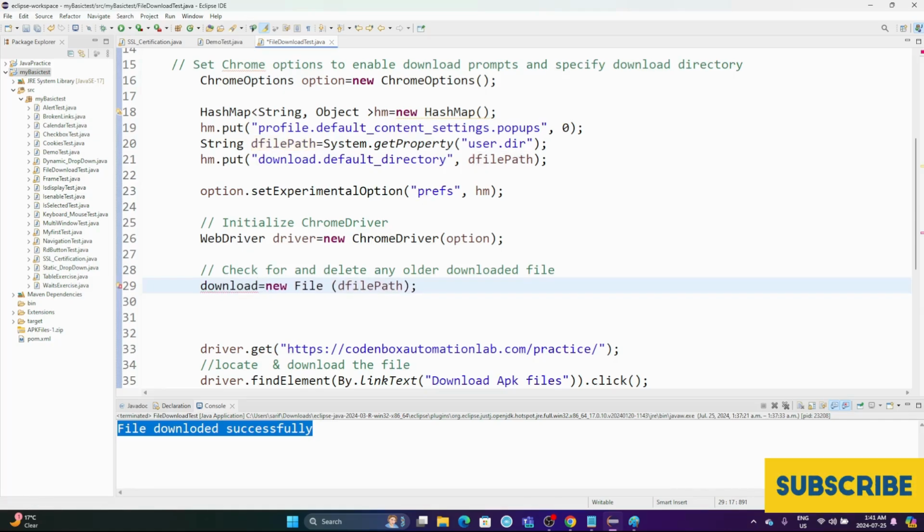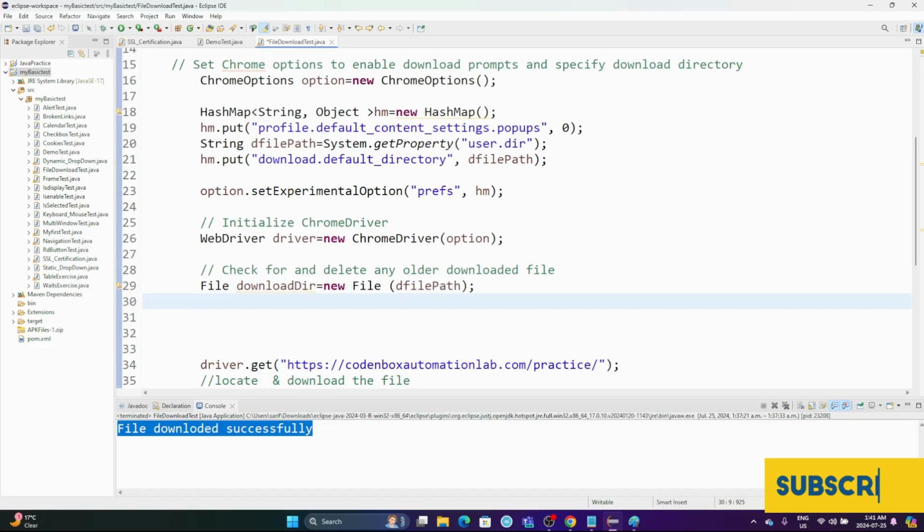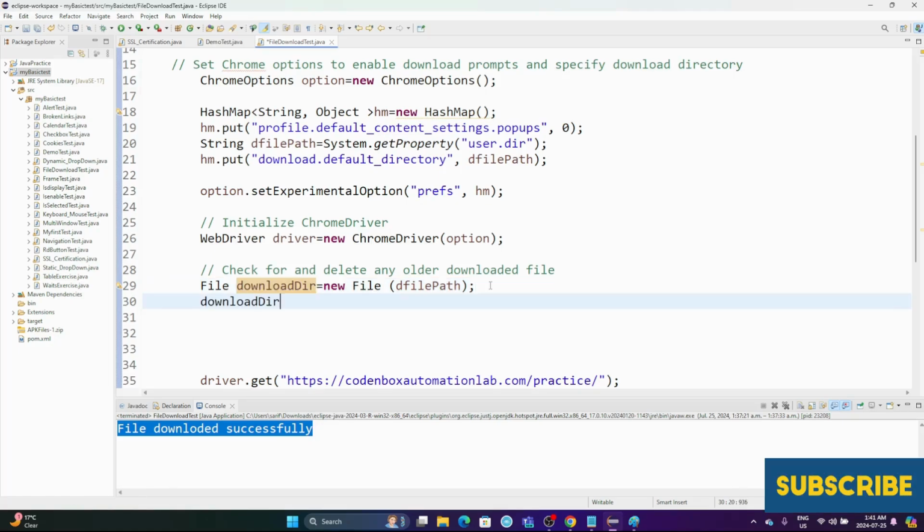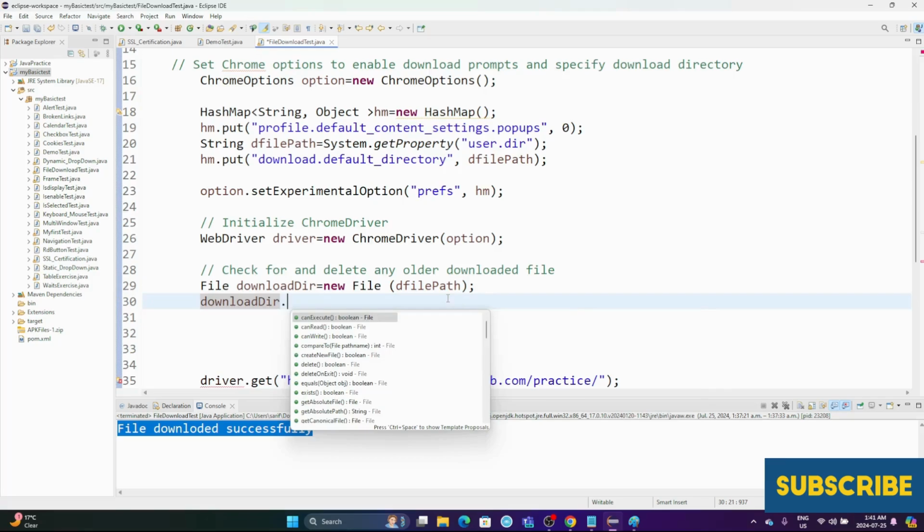I would say download directory. So this is the download directory. Okay, and then return type would be file. Okay, and after that we can use this object, download directory dot, we can use